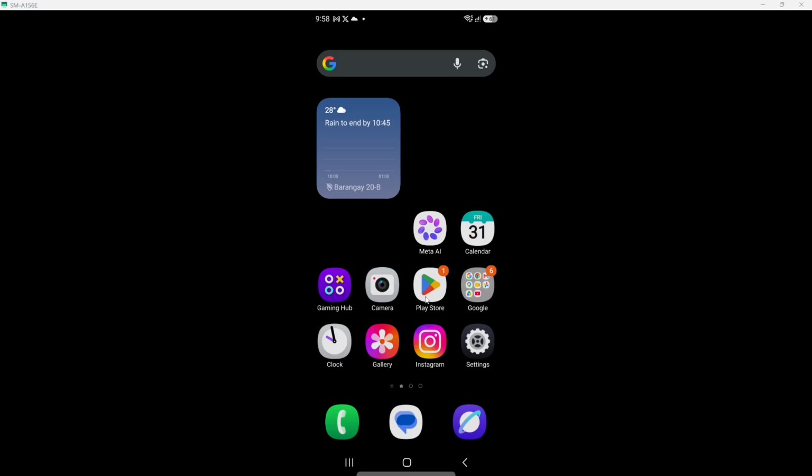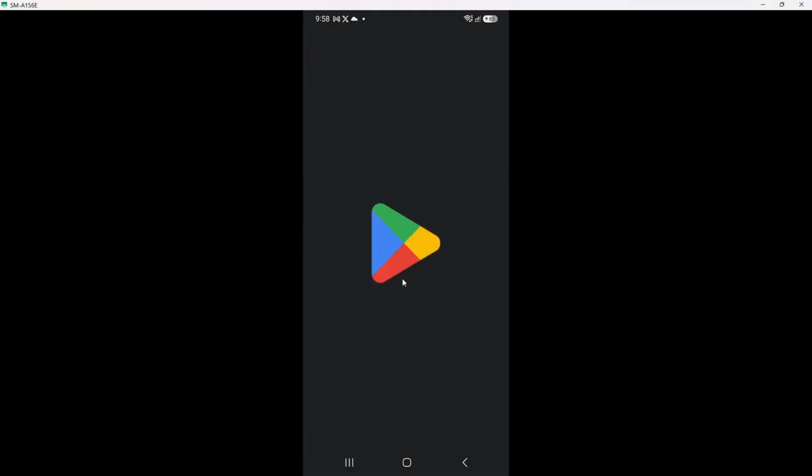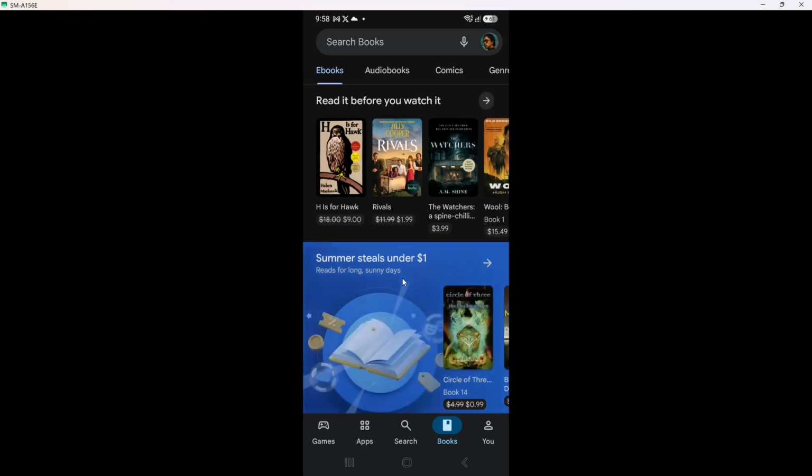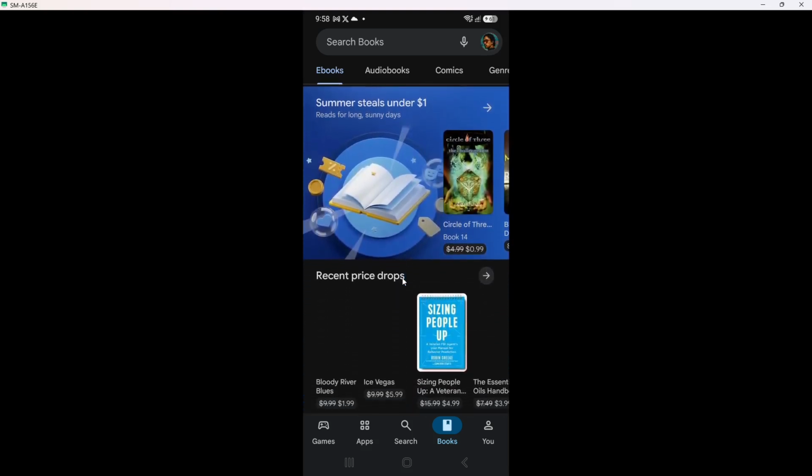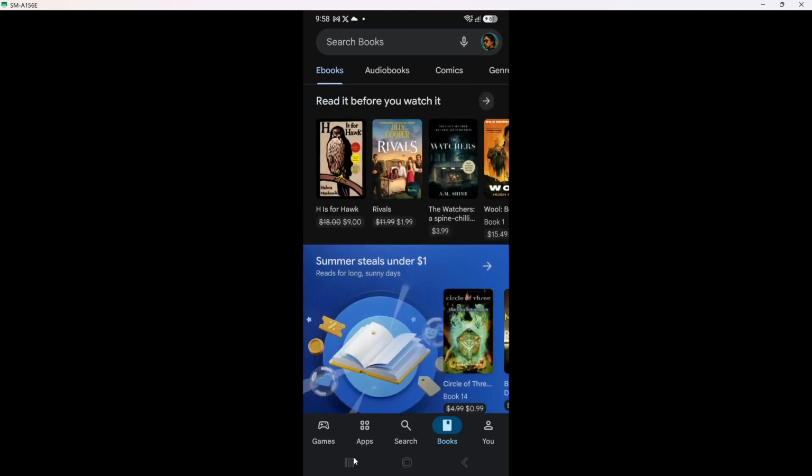First, open the Google Play Store. Look for the Play Store icon on your home screen or in your apps list. It is usually a multicolored triangle on a white background. When you tap it, the main Play Store screen appears, with a search bar at the top and different app